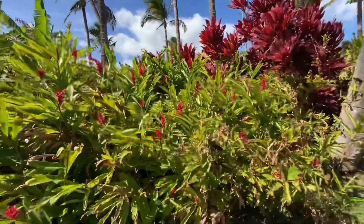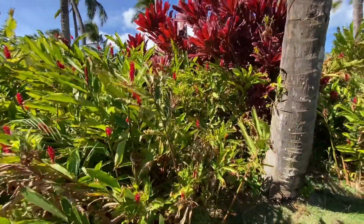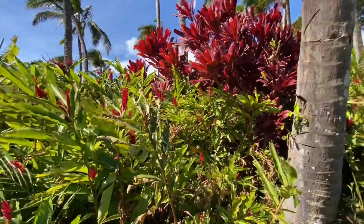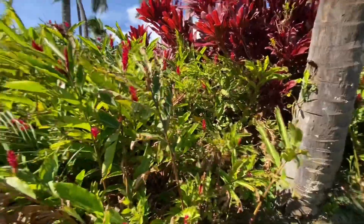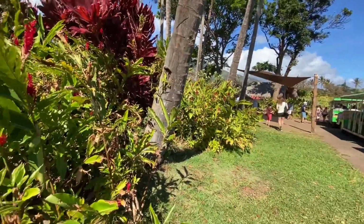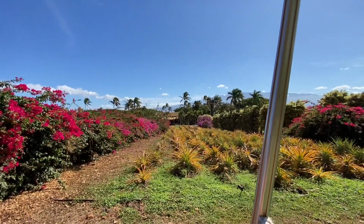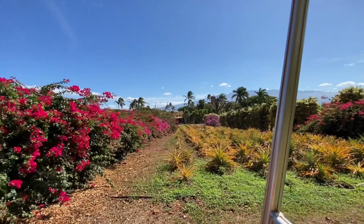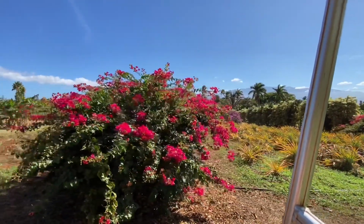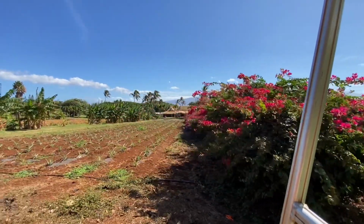Right here is the red ginger plant. I don't know what they're used for, but if you squeeze them in your hands but not crush them and smell your hand, they smell really good. There's a lot of it, like it goes down there, even all the way over there. And an interesting fact about bougainvillea is it thrives in dry conditions. So the less you water those hedges, the more flowers they'll produce. Speaking of flowers, to my left we have...